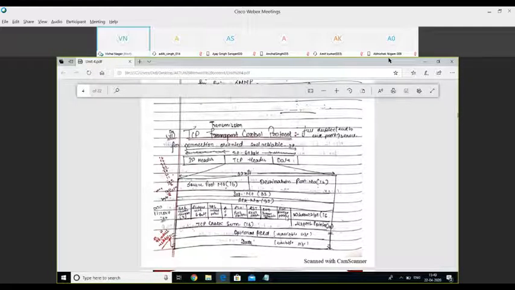Either it can be 1 or it can be a 0. So if the urgent pointer value is high, that means we need to immediately process this particular segment. URG, urgent pointer, means if the flag value is high, that means the user immediately needs this packet for the application.